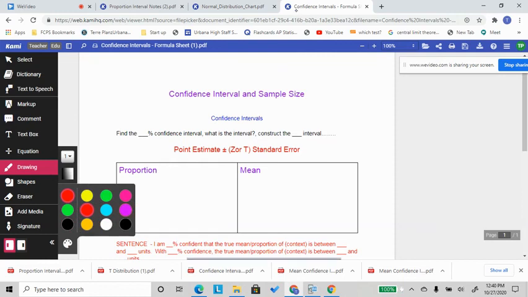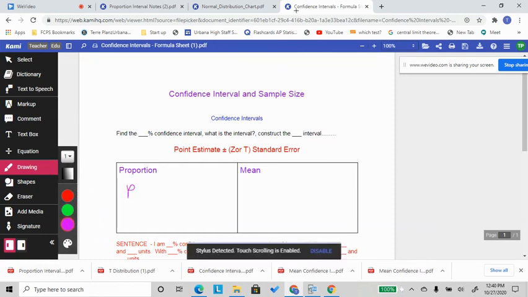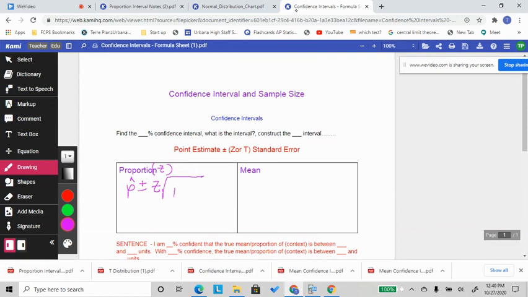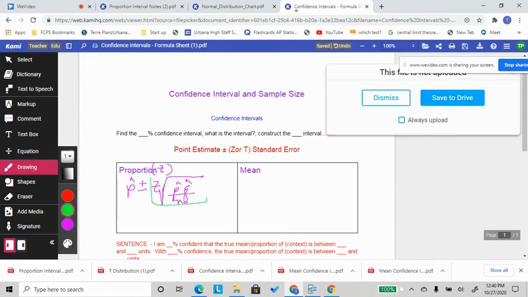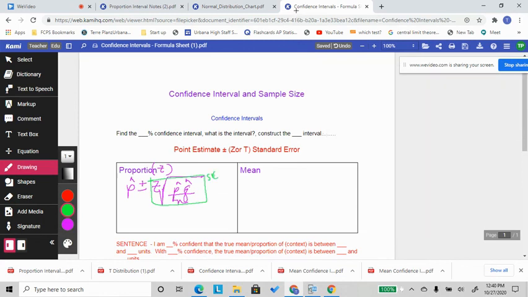So this one is p hat plus or minus z, proportions always use z's, and then square root of p hat q hat over n. Remember that this piece is called standard error, SE,